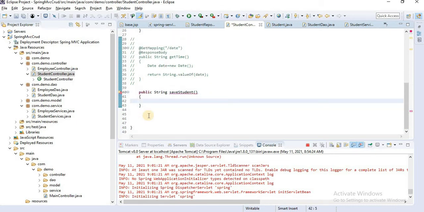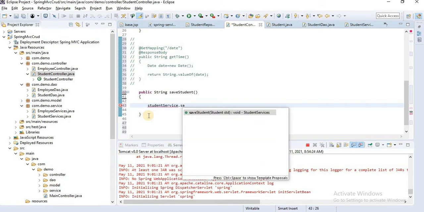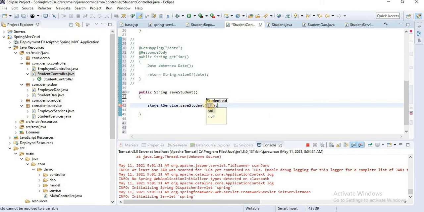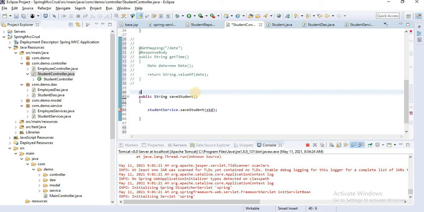Save student. Now call studentService.saveStudent. Here it requires the student object, which means we have to get the student object from the form. @PostMapping, because here we are getting data, and here we can say insertStudent.